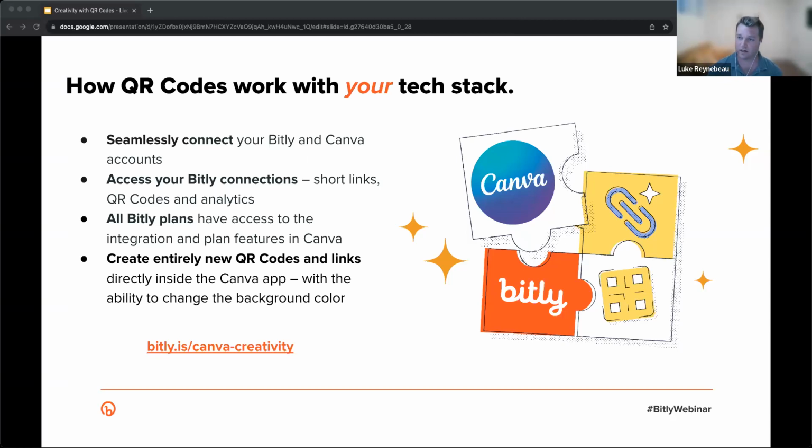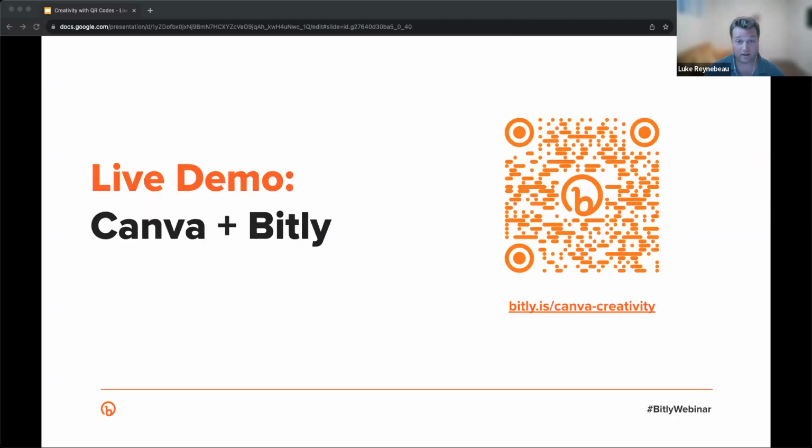So you can do this in your day-to-day, whether if you're using Canva today, you can put it into practice by connecting your Bitly account, but also show how QR codes can show up seamlessly within the experiences that we already have. So that I'm going to show you a little bit. You can scan this QR code, or I'm going to practice what I preach here. You can go to this short URL if you don't want to scan with your phone or want to have it on your desktop to actually get a little bit more information from us on how you can use Canva and Bitly together. But I am going to dive into a live experience with how we do it with the